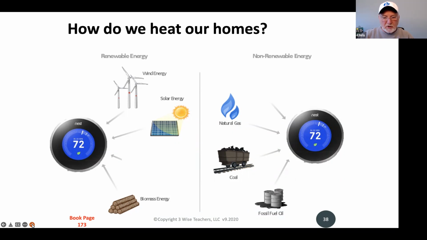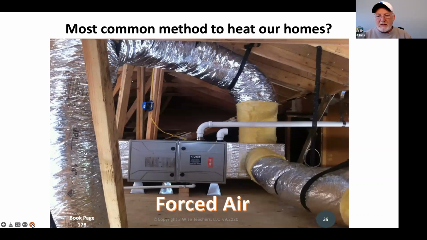But here's what you want to watch for on the exam. Please be familiar that the most common method to heat our homes is what we call forced air. Now, keep in mind on the previous page, we talked about how we heat that air. But now what we're telling you is once the air is heated, it's going to be forced through a series of duct work by blowers. And that's how we're going to heat our house. So if you get a question about the most common method for heating our homes, there's going to be some fuel source, could be natural gas, could be oil, could be electric. But the way it's going to get through the house is through a forced air system.